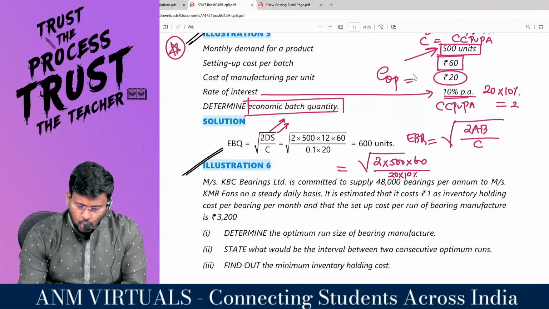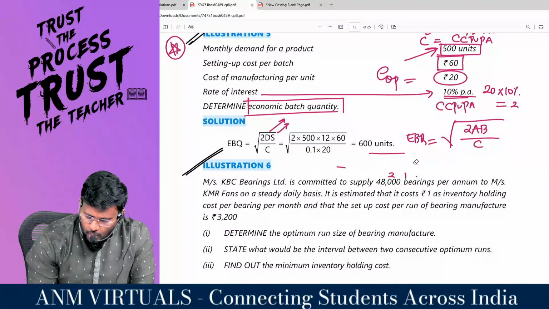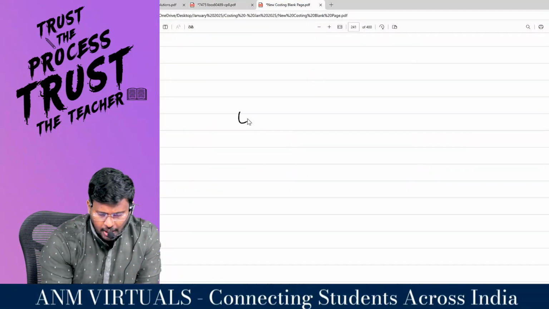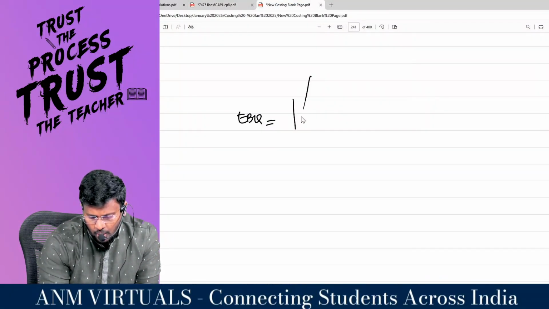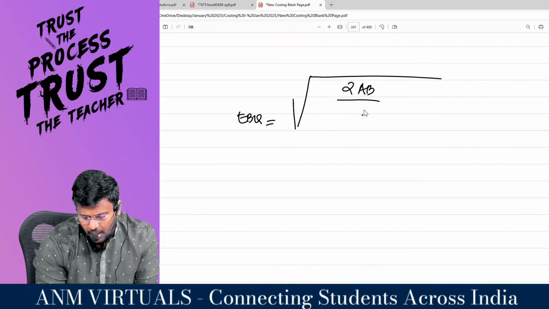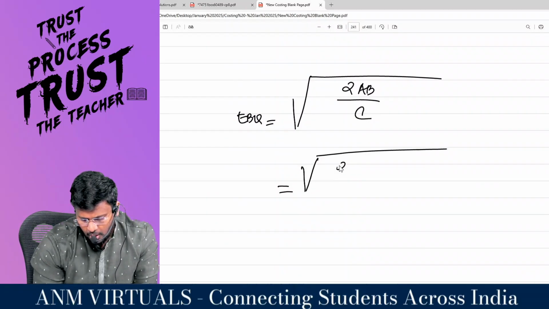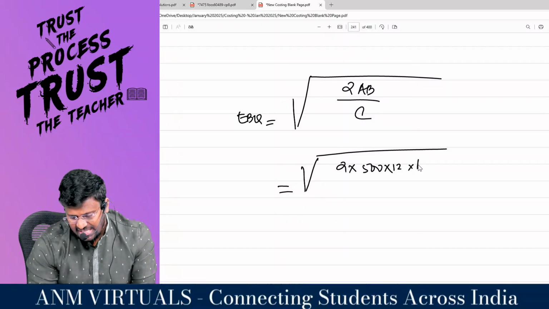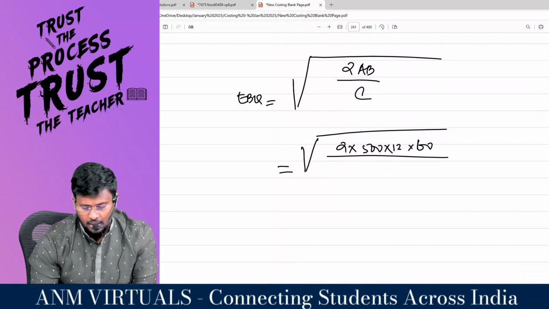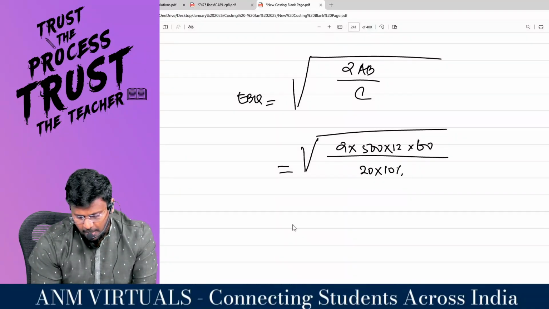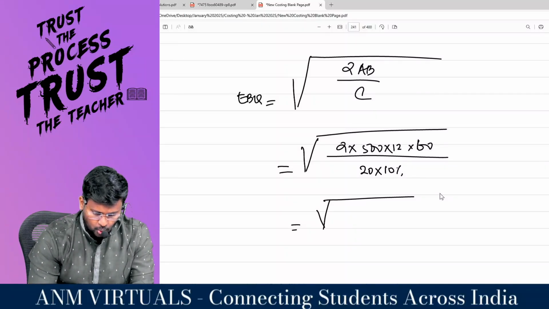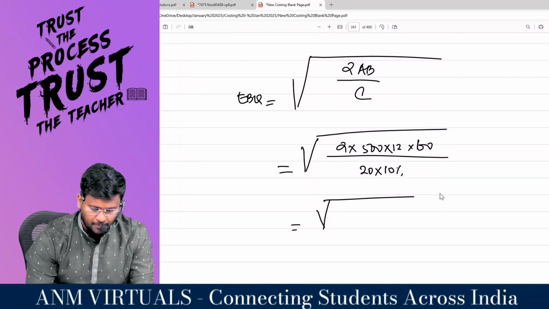Comfortable? So I have made a mistake? No, I have taught you correctly. So my economic batch quantity is equal to root of 2AB divided by C, which is root of 2 into 500 into 12 into 60 whole divided by 20 into 10%. That means, my dear lovable students, 500 into 12 comes to 6,000 units, the annual demand. Into 2 comes to 12,000 units. Into 60 comes to